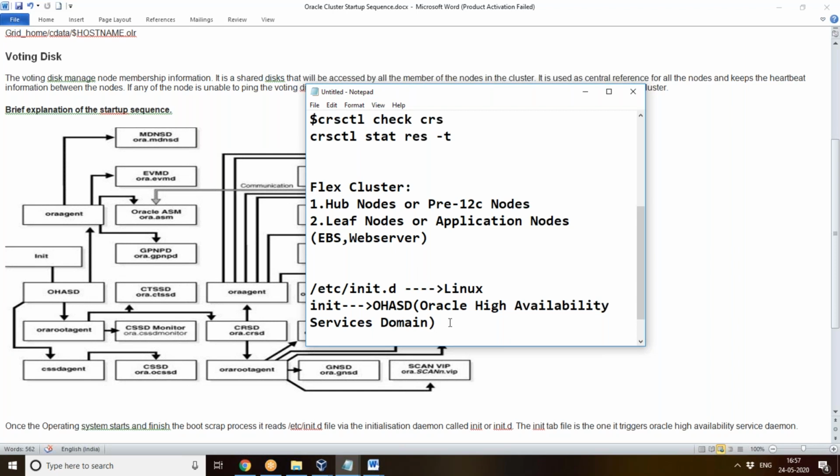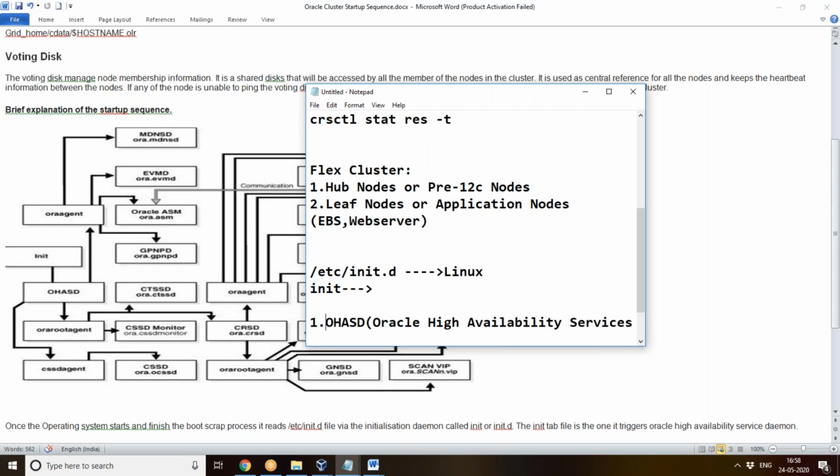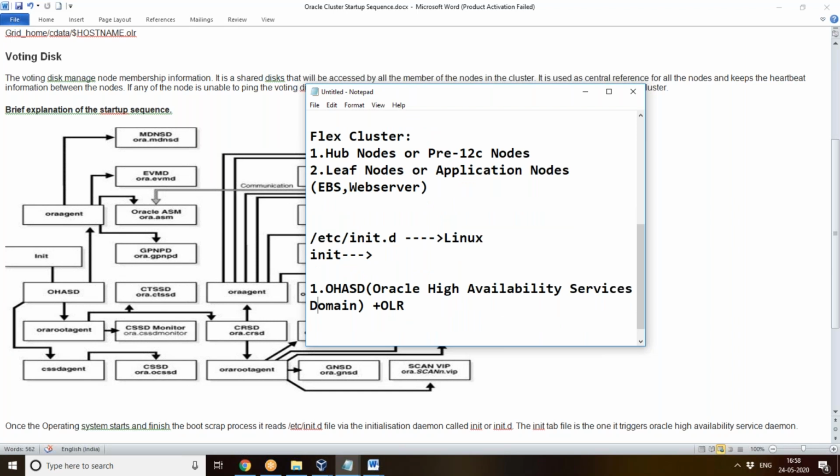This is a process. OHASD plus OLR is the first step. As soon as init is started, it will start the OHASD, and each and every node contains its own local registry, as we saw, isn't it?